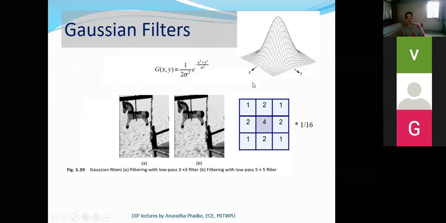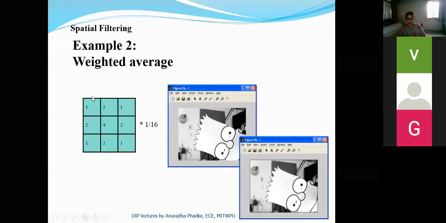Okay. So now if we plot this filter as a 3D plot, it takes an approximate Gaussian shape. Just try to visualize this as the X coordinate, this as the Y coordinate, and amplitude as the third dimension. So 4 has maximum amplitude. At the center, you will get maximum amplitude.